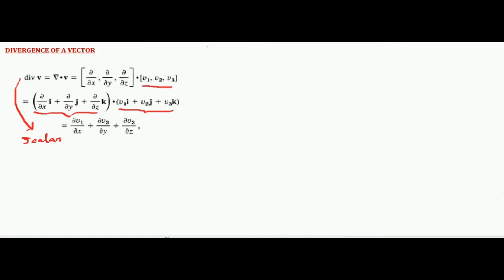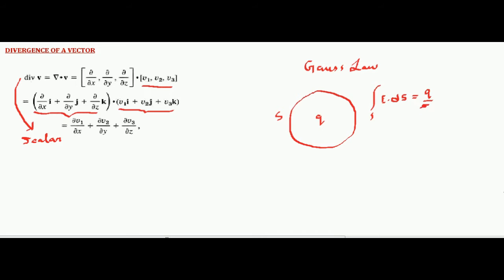Remember Gauss law? Gauss law says that if you have a particular distribution of charge inside some closed surface, okay, so this is the surface S, then the total electric flux will be the electric field produced by the charge, and the dot product is done on the surface. Then total electric flux is equal to q by epsilon naught. It means the total electric flux is dependent on the charge inside the surface. So what is this part? This part is the total electric flux.